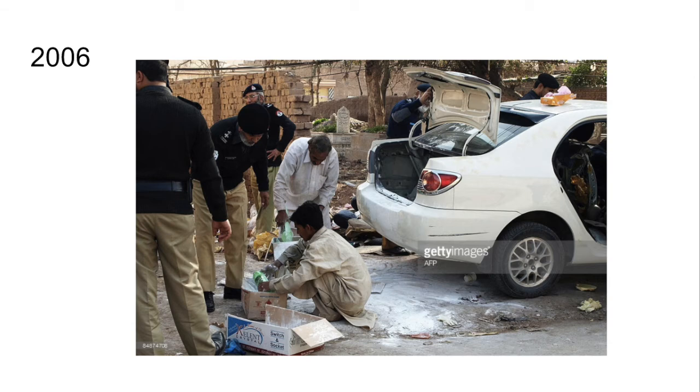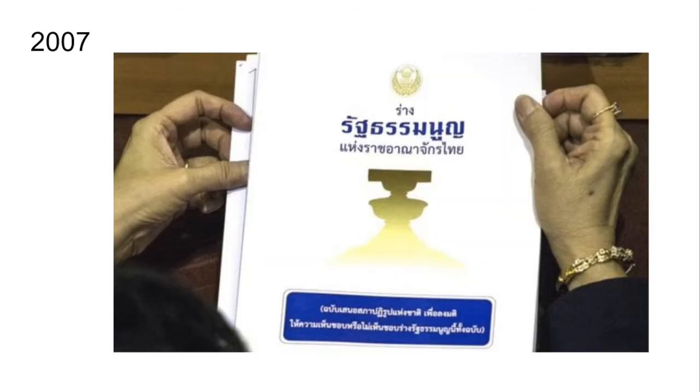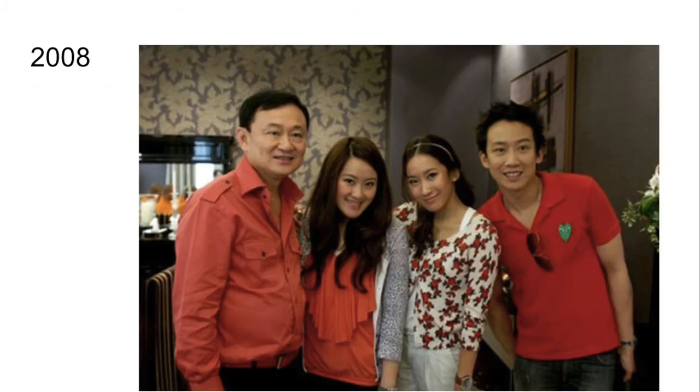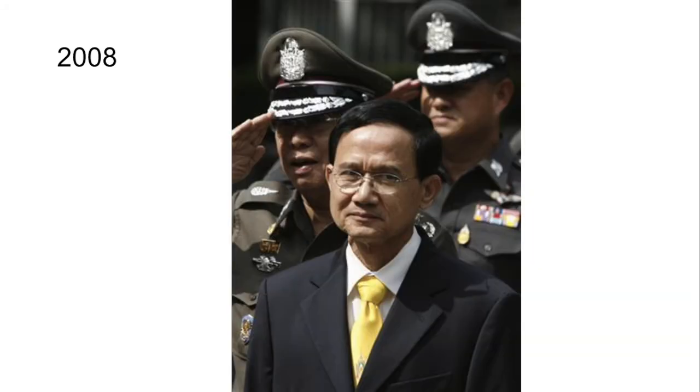2006, a car filled with materials to make explosives was found near the Prime Minister's home. The Prime Minister accuses multiple army officers of trying to kill him. 2007, a new constitution that was created with the military in mind gets approved. 2008, in the area close to Preah Vihear Temple, 2 Cambodian soldiers were shot and killed during a firefight on the border. 2008, after not appearing in court for corruption charges, Thaksin and his family flee to Britain. 2008, in December, a constitutional court revokes Prime Minister Somchai Wongsawat's power before they decide to disband the People Power Party. They disbanded the party due to electoral fraud.